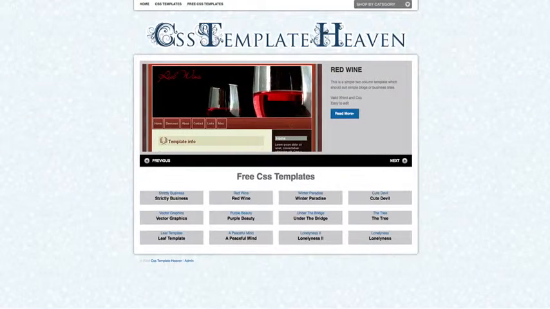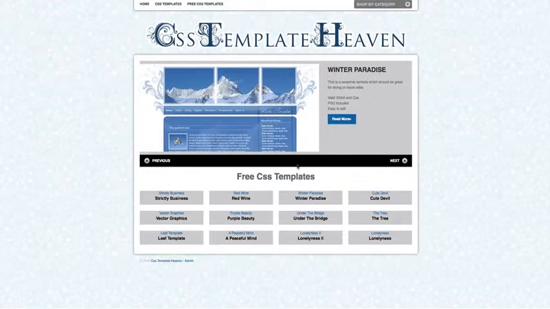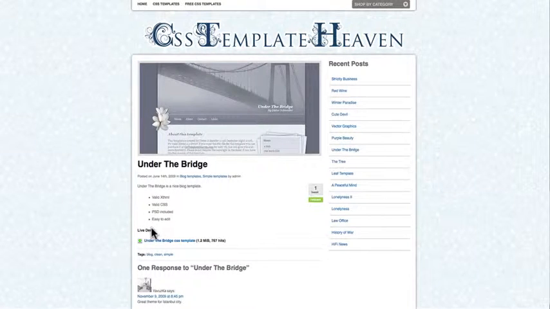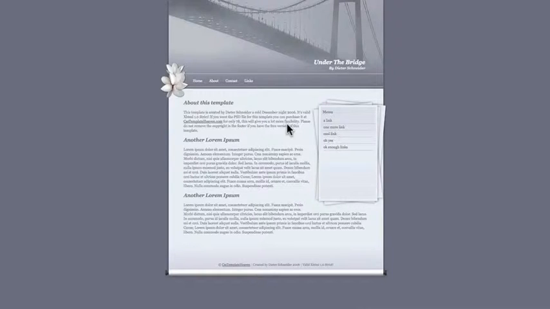Hopping over to the CSS template heaven, browse around. Let's check out this one. This looks pretty good. Let's look at the demo. Okay, so it doesn't exactly look like plone.org, but just for the purposes of this example, we're going to try